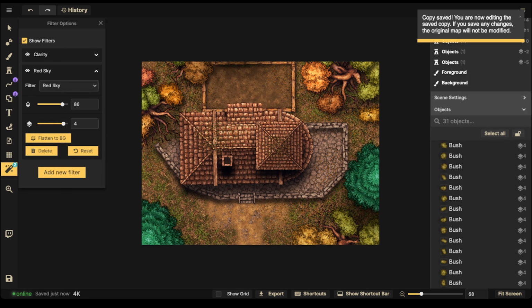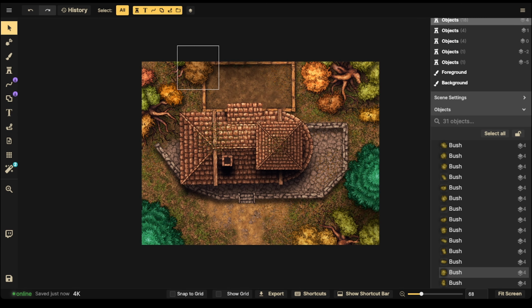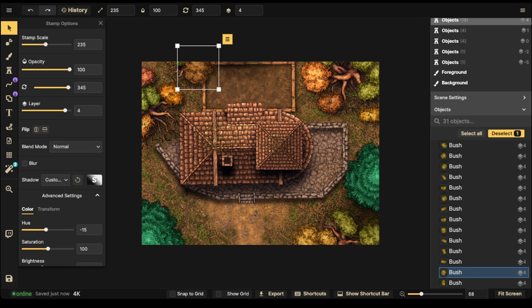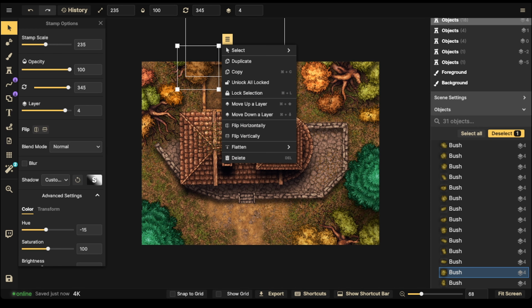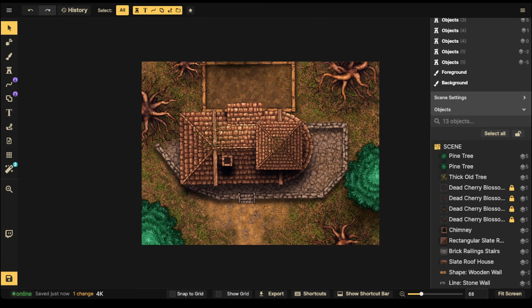One thing that's nice about winter is that you don't have to deal with foliage of trees, right? Most of the leaves have fallen off. So I can just select one bush, do that little trick, hamburger menu, select all from the set, and then just delete. And then there you go. And now I have these